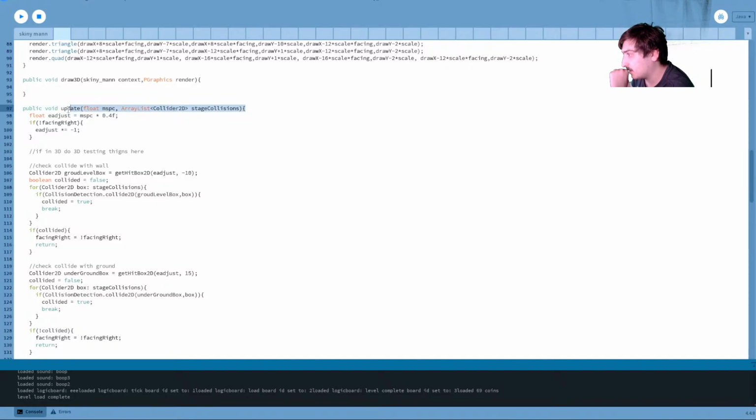But yeah, okay, we're going to need to define a context object here to go into this instead of this. That way I can make this extensible with a lot more information. Because currently it's just the collision for this stage, and also the amount of time since the last update happened. But I'm also going to want to pass in other information, like here's where all the other entities or entity hitboxes are, and here's the player hitboxes that you need to be concerned with.